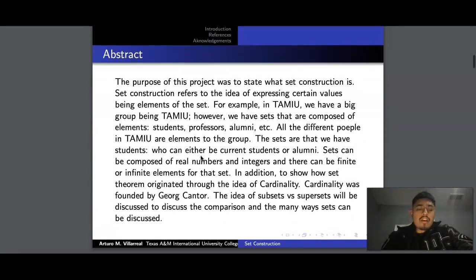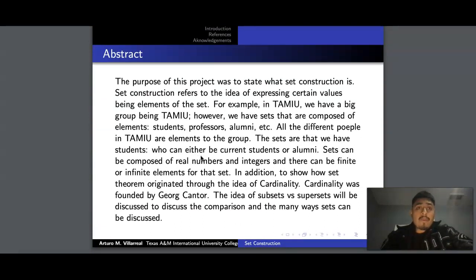Let me give you the information from my abstract. The purpose of this project was to state what set construction is. Let me give you an example. Let's say TAMU. In TAMU we have different groups, which can be professors and students. Under those groups we have some subgroups, for example, for professors we have the adjunct and the full-time professors,